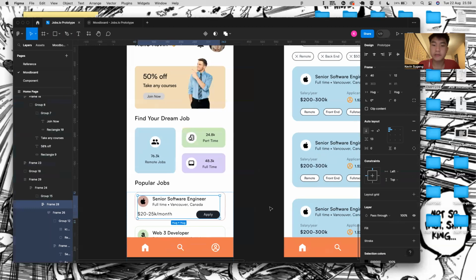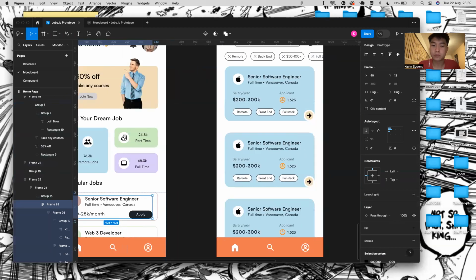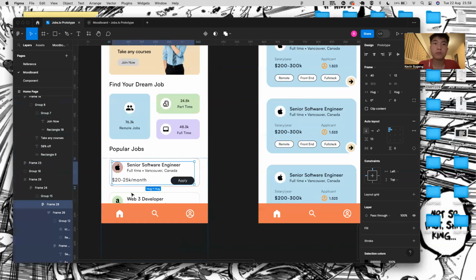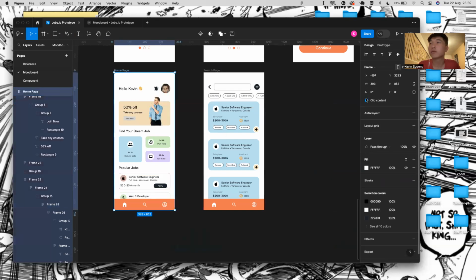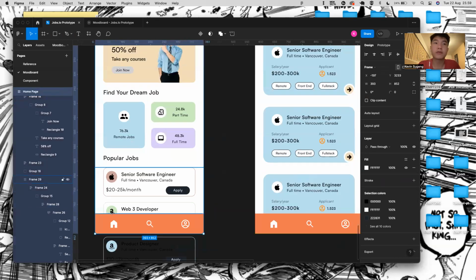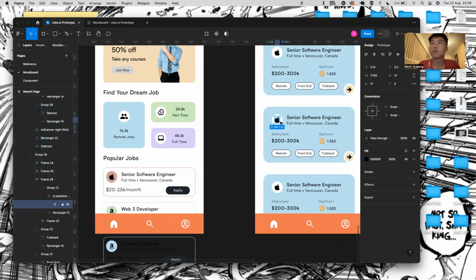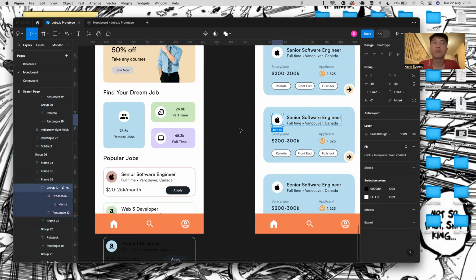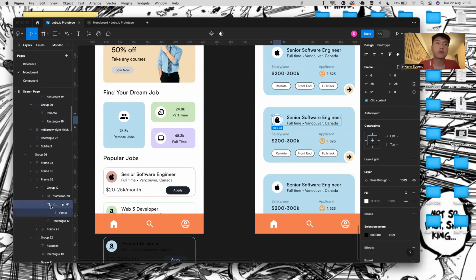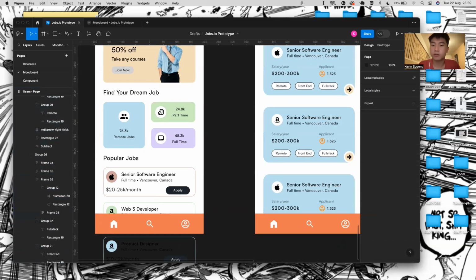Then it's almost the same. Let's undo this first, and we're going to just copy paste all of it. Okay, and then set it as a